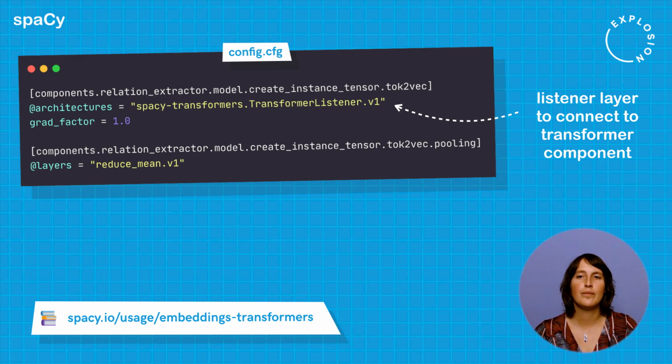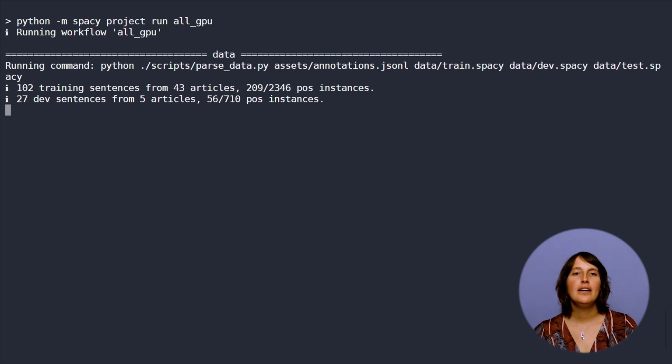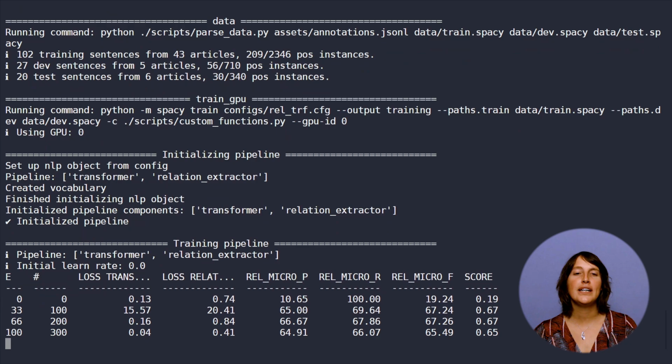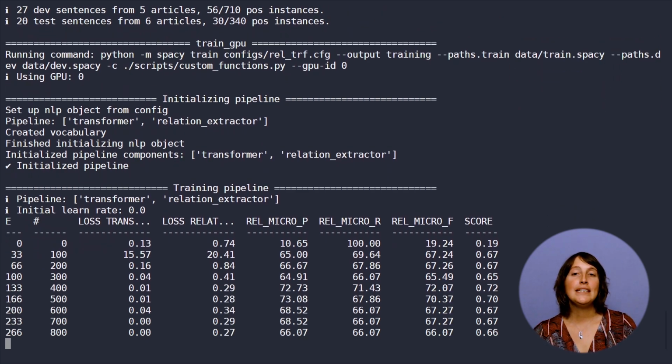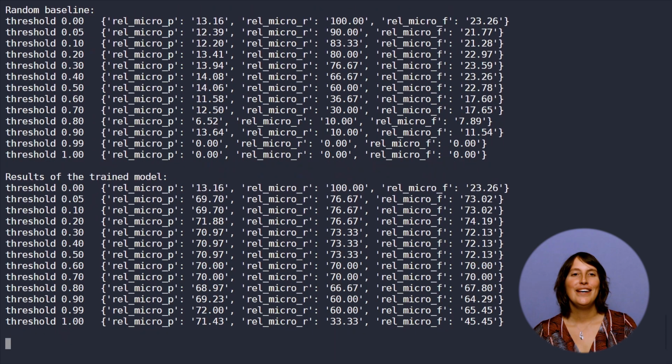but you'll want to do some parameter tuning for your specific data and challenge. We store the configuration file with the transformer under a new name and run it in the spaCy project by invoking a different workflow. You will need a decent GPU to be able to train this model, but as you'll see, it's worth it. The final F-score of our best model on the test set is around 72%, which is 30 percentage points higher than our initial result. This illustrates that on small datasets specifically, leveraging a pre-trained transformer model can significantly boost your performance.